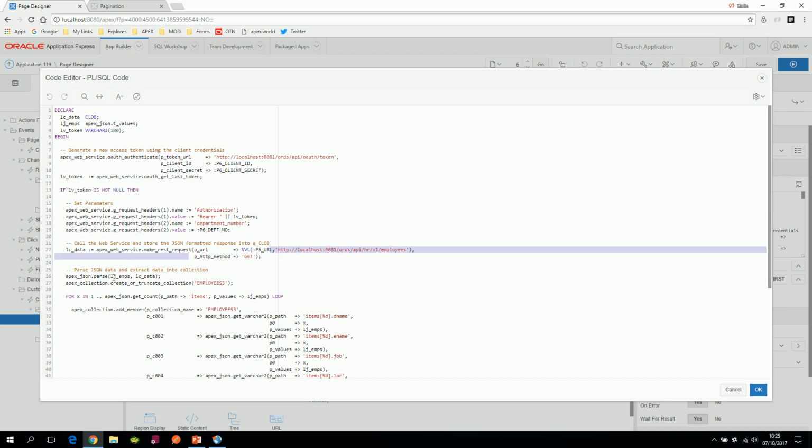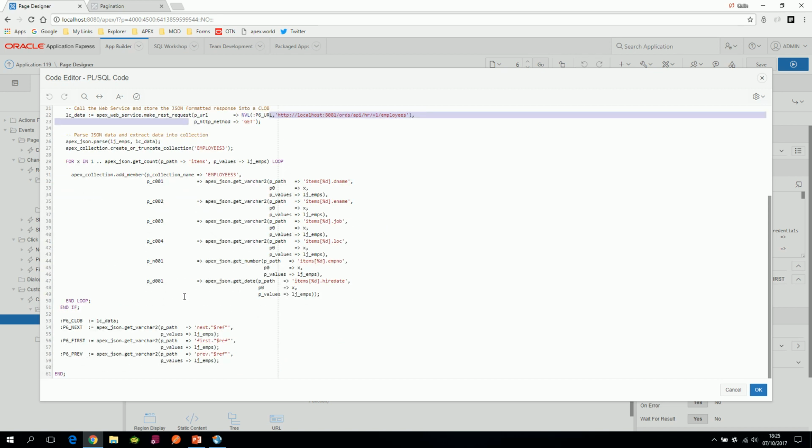Then we parse our response, we truncate or create the collection, we get the number of records returned, loop round them, and then I'm extracting here down at the bottom the next, the first and the previous links, and I'm doing that just the same as I've done previously with the APEX_JSON.get_varchar2, but this time I'm looking for next ref, first ref and previous ref. So using the same built-ins that we've used before,